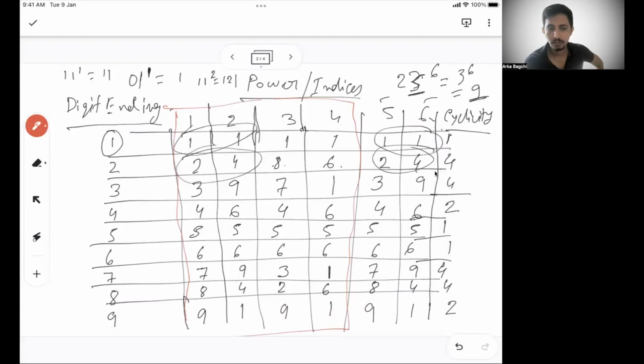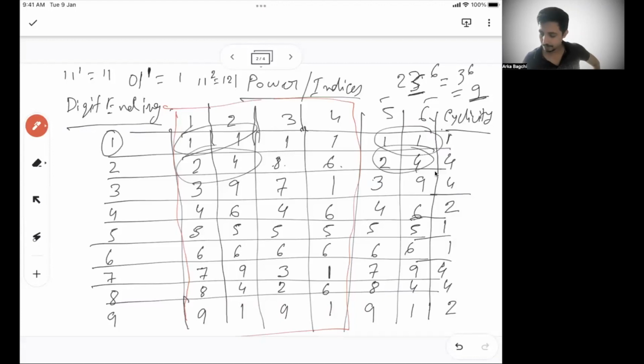That's max. So if you know the last digit, you can easily remember what 7 to the power 4 is. 7 squared is 49, 7 cubed is 343, and the last digit is 1. So you can do that calculation quickly and take out the number. You don't need to remember this table completely. This is a good way to understand how we are doing it, and I would not recommend you to mug up this table thoroughly. But the other way, you can just divide by 4, get the remainder, and for that remainder, what should be the last digit? That should be the same last digit.